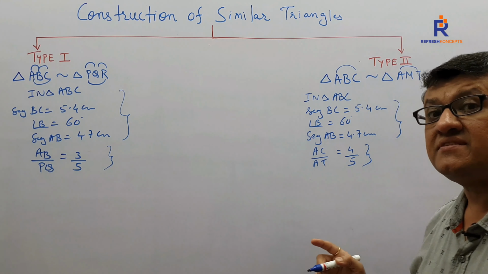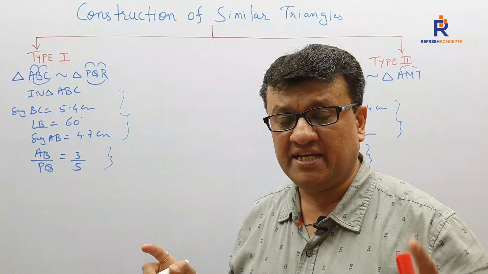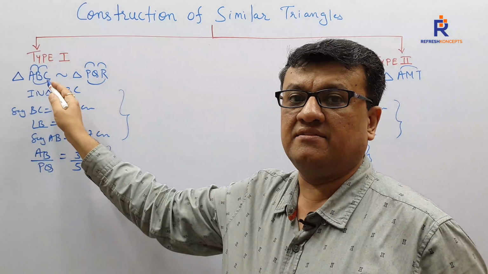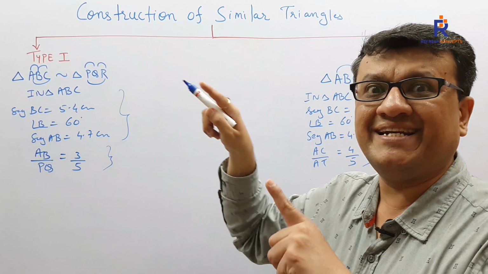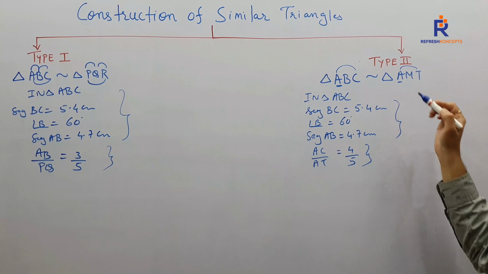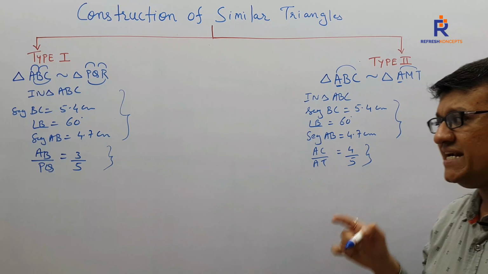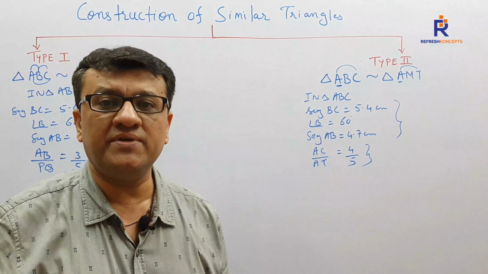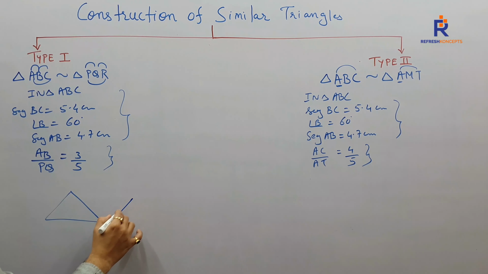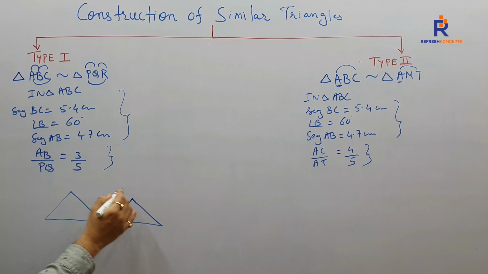What is the point of difference, whereby we can say from our side that this is type 1 and type 2? In type 1, there is no connection between these two triangles. You can check it out. So they are totally disjoint triangles. In type 2, there lies one vertex common. That means they are joint triangles. So when I say disjoint triangles, you know what the outcome is going to be? We will be having two sets of triangles which are totally disjoint.